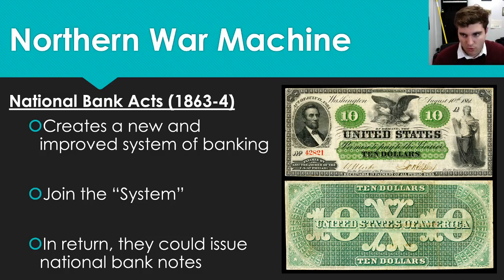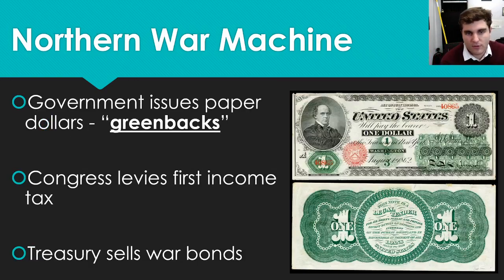And this became very important, because, as we've talked about before, it allowed the government to issue what were called greenbacks, or paper dollars. Greenbacks were not backed by silver or gold. Basically, their value would fluctuate based on the fortunes of the Union. While it was almost like a stock in the United States, this allowed banks to facilitate trade. This allowed smaller banks to issue government-backed banknotes, and it allowed the stability of the larger federal government system to support these banknotes.